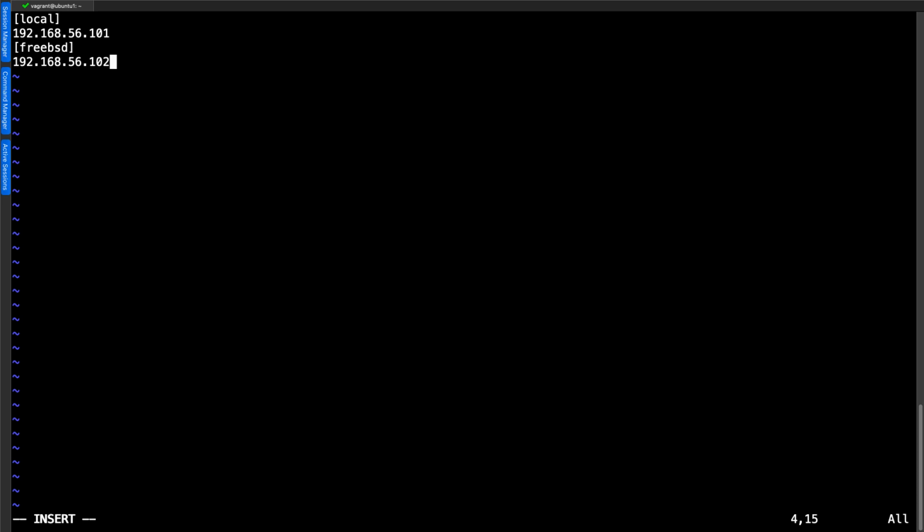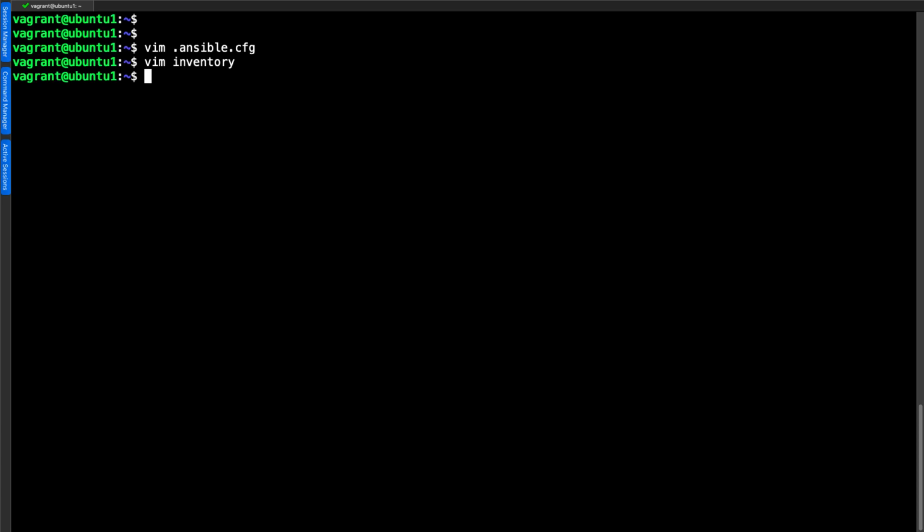Now, I know I only have one element in each group, but this is just organizing so I can target the hosts that I want relatively easily. Having created the host list in the form of my inventory file, we can then set up inventory variables, and I'm going to do that through the group_vars directory, so we can create that in relationship to my inventory file. And then I can go ahead and edit the group_vars local group file.